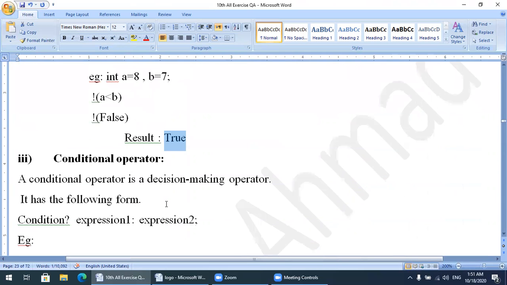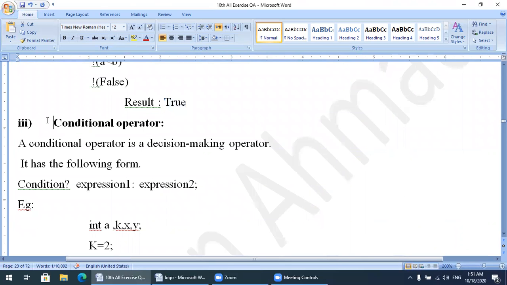Next one is called the conditional operator. Third is the conditional operator. A conditional operator is the decision making operator. This is called the decision making operator. It has the following form. First one, watch here. I will use the condition, then